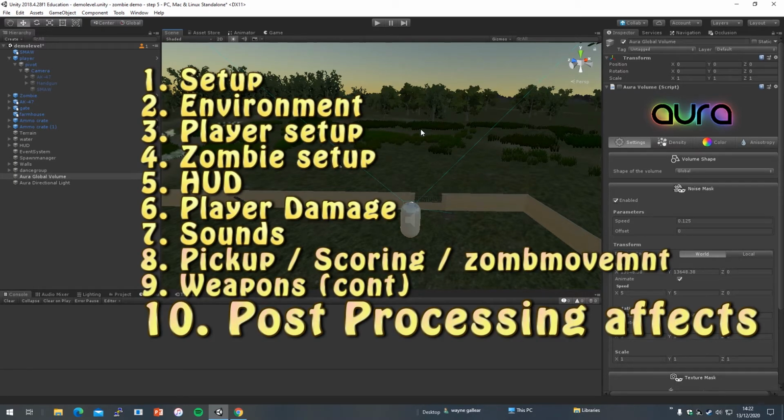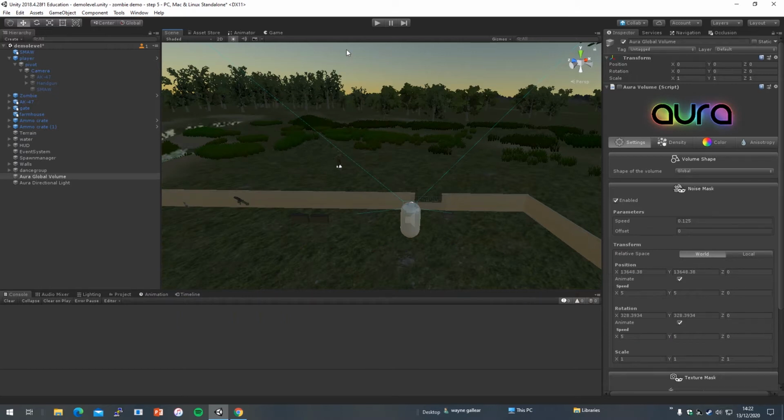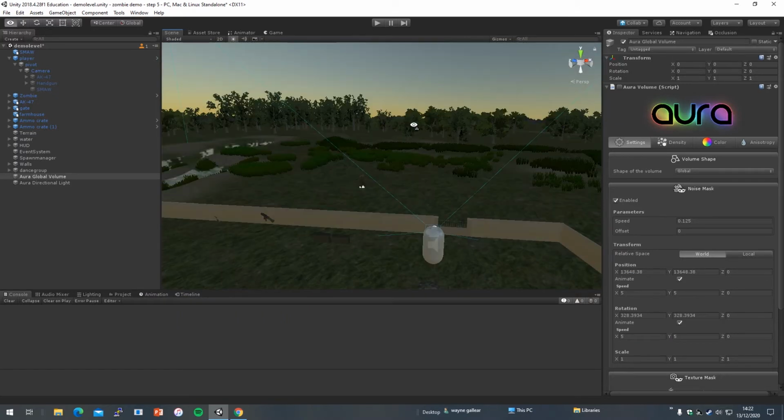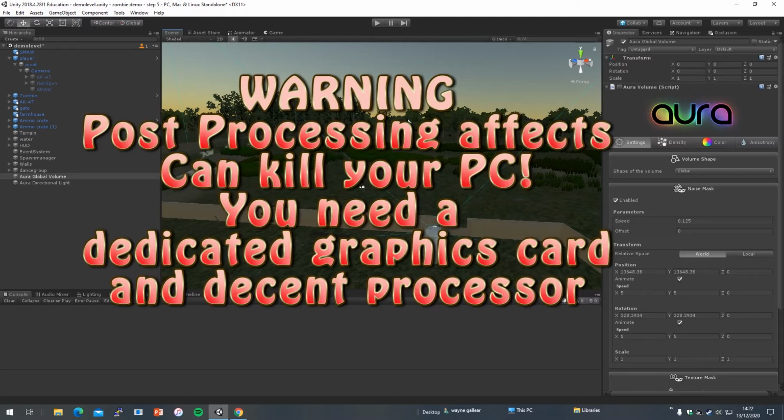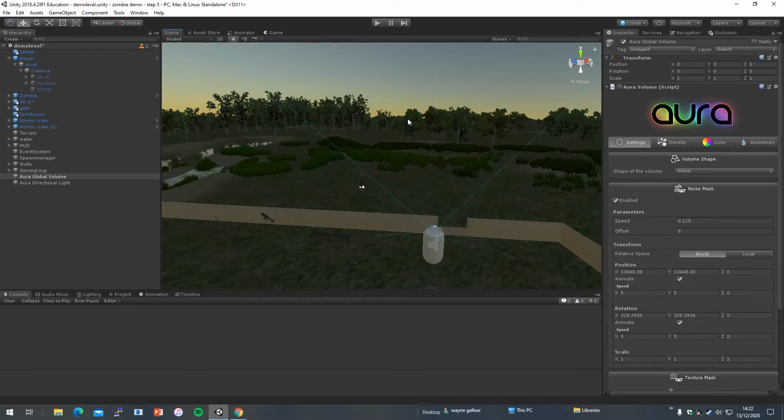Now before this we've been playing with the game and it's been all daylight. Now what I'm going to do is show you how we can get some nice post effects and volumetric lighting, and we're going to be using this product called Aura. I'm going to talk a little bit about that for now, but first thing I want to talk about though